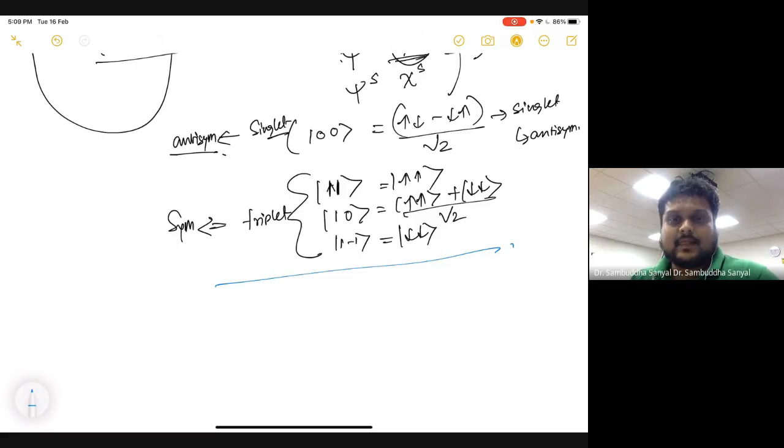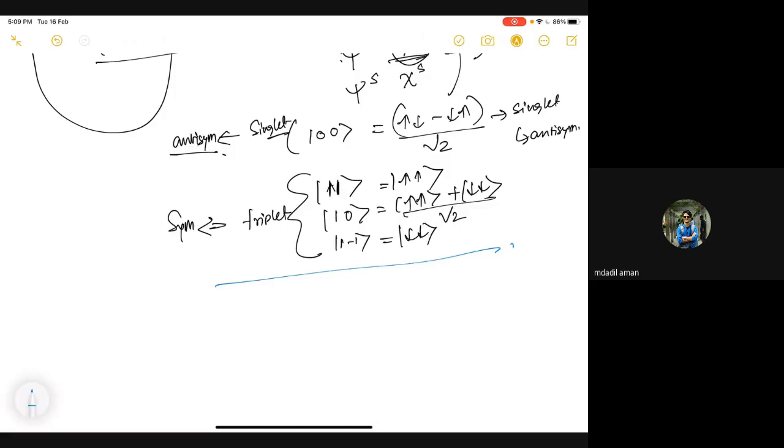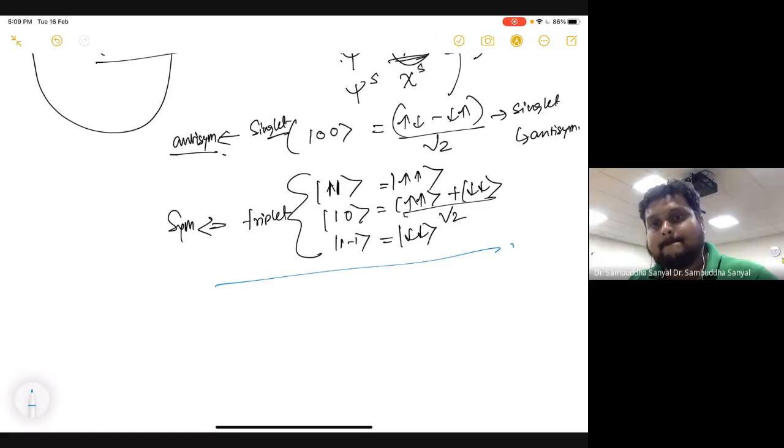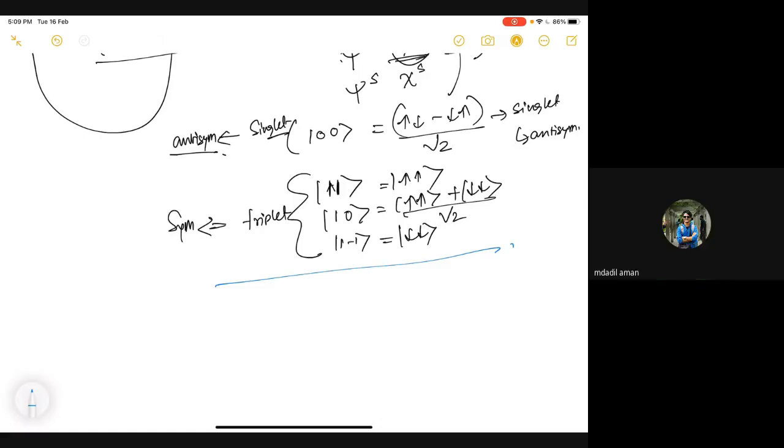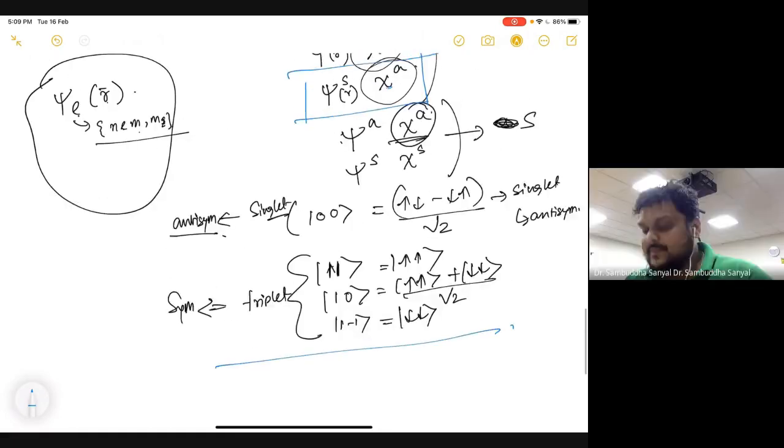So one thing, here the entire atom is acting like a boson? No, the entire electronic wave function is antisymmetric, so it acts like a fermion, but the spatial part is acting like a boson. The spatial part. Okay. So, got it, sir. Because I want the spatial part to be bosonic for the stability of the system. Yes, sir. Right? Got it, sir.